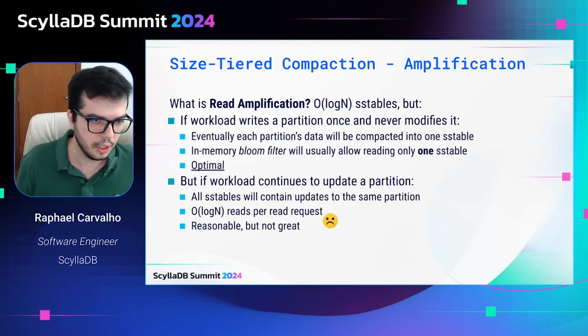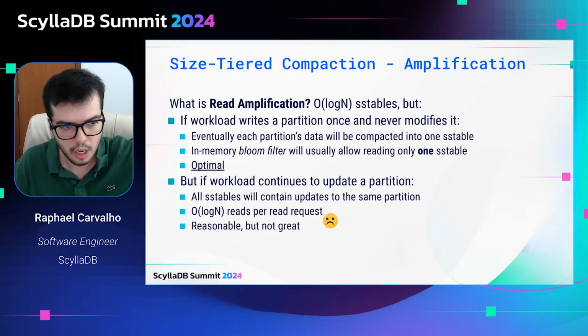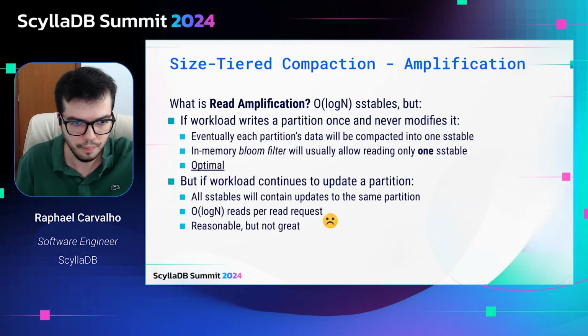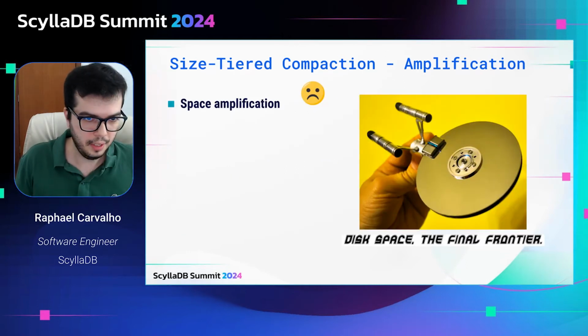The read amplification, not so good, but the Bloom filter, the probabilistic data structure, allows the read amplification problem to be mitigated. And one of the biggest problems with size tiered is that if you continue to update the same partition, you end up with many overwrites. It's said that the storage